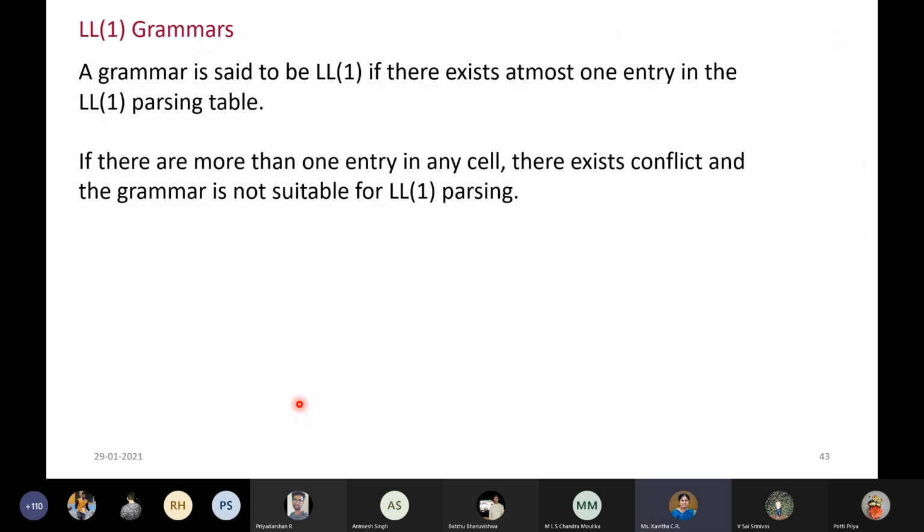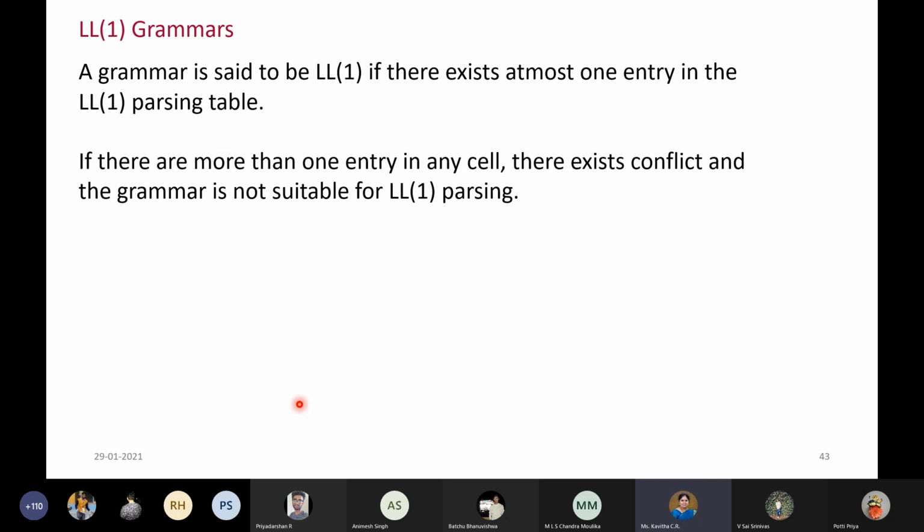Now let us see how whatever we discussed in our previous example helps for the grammars, whether some particular grammar is suitable for LL(1) or not. I will have to see. In that table, did you observe that for all the cells I had at most one entry? Either I will have some rule there or I will not have anything, that is an error. But I never saw something where I had a conflict, that I have to apply rule number 0 and also rule number 2. For that particular example, I didn't get anything like that.